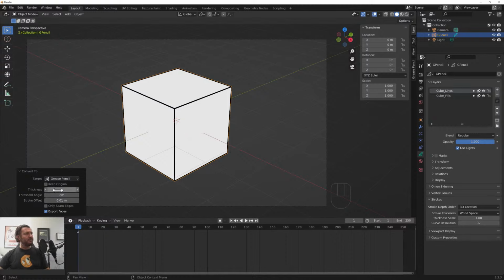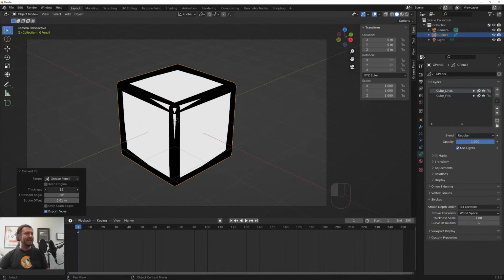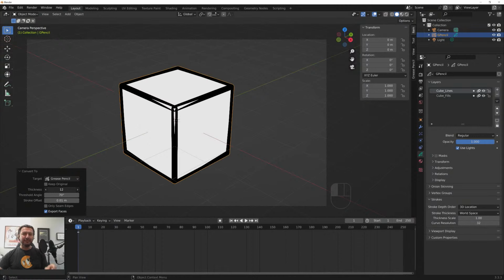Here's what I mean. So the target is obviously grease pencil when we're converting, because the convert to tool is all-encompassing. You can change it to a curve, other things, or even, I think this is curve data. This could be like for particles. Anyway, we've got things like the line thickness, so we can play around with the thickness, but already you can see how there's a bit of